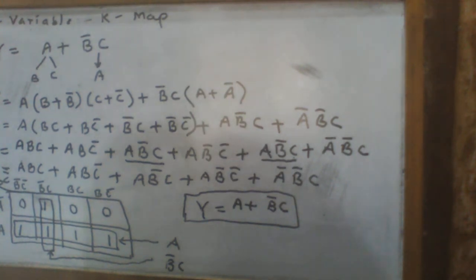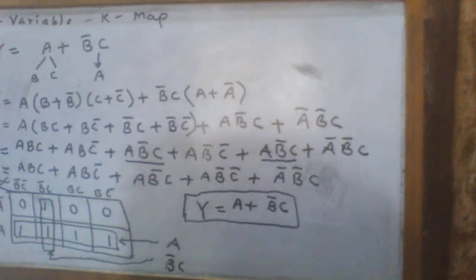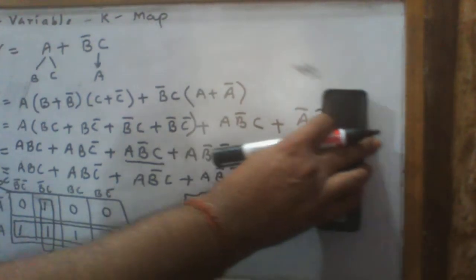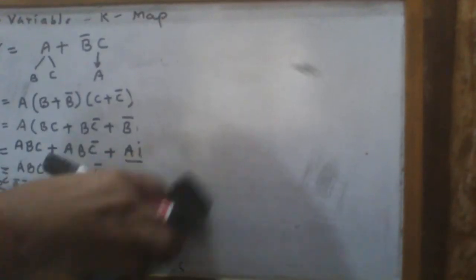And it is a 3 variable equation solved with the help of K-map. Now we can draw the circuit diagram for this equation also. Sometimes it is asked to draw the circuit diagram for the given equation. Now we know that 3 variables are there, A, B and C. Therefore, first I will cut this equation